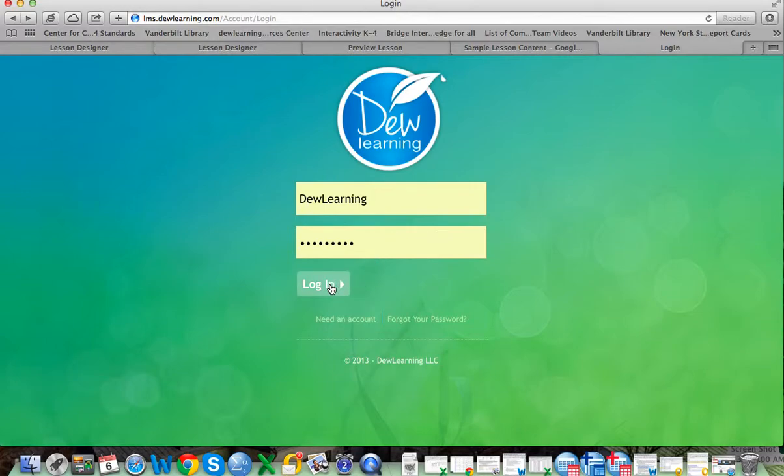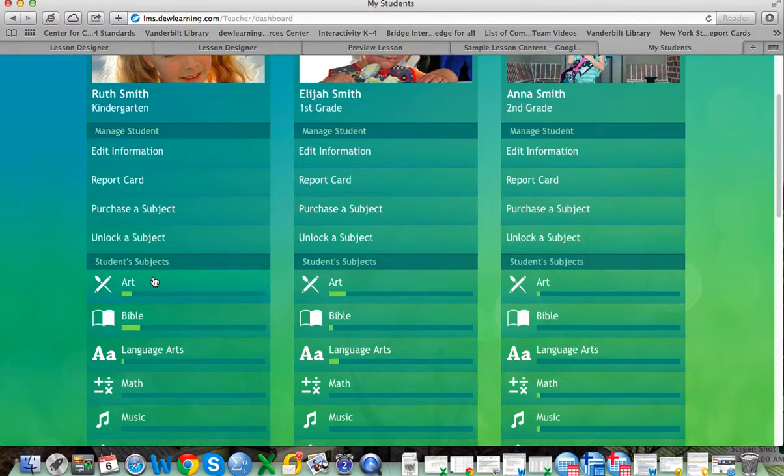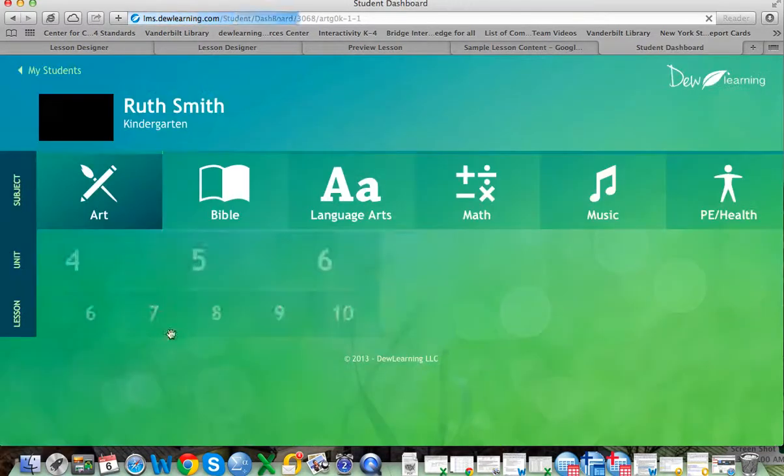And then once it's delivered to the actual curriculum like this, a teacher or a parent logs in or a student logs in. This would be a teacher login where they see all their students. They can assess student progress in each class, and they can go in and actually see what lesson they're on, review that lesson,